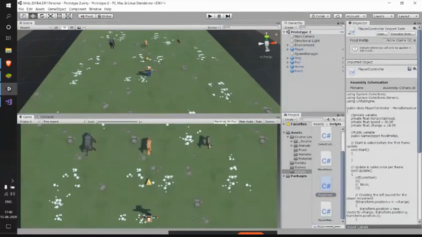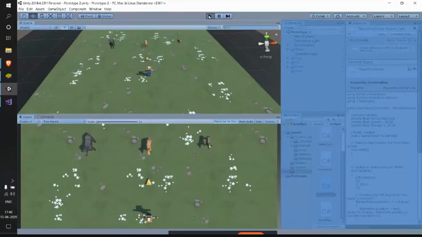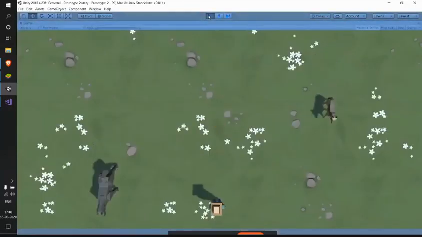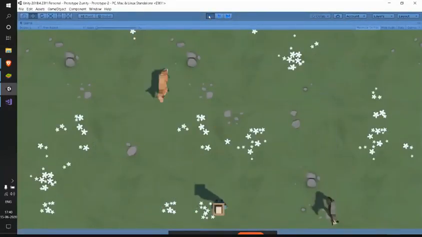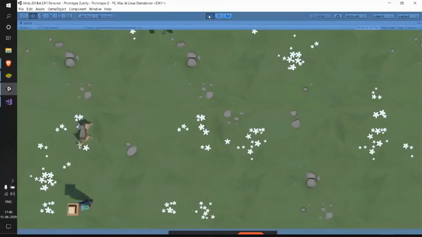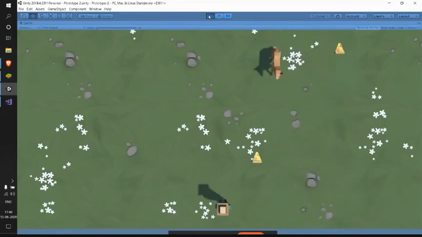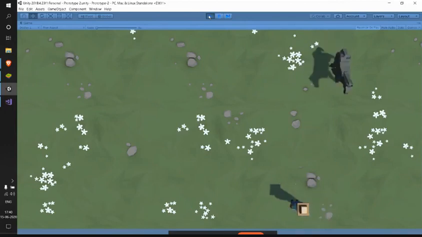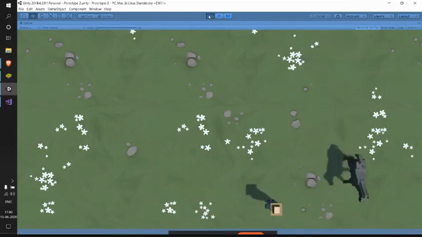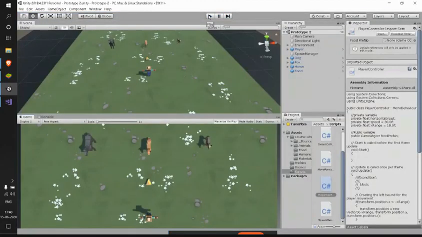I'll hit maximize on play so that I have this full screen. Yes, I guess this is better now. I'm able to hit more animals than before. So I guess this is cool.